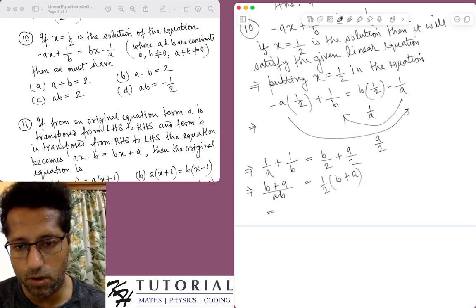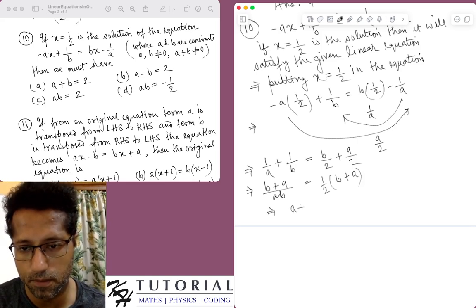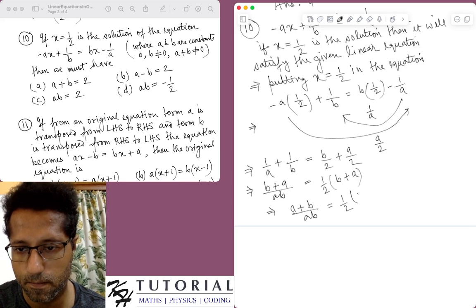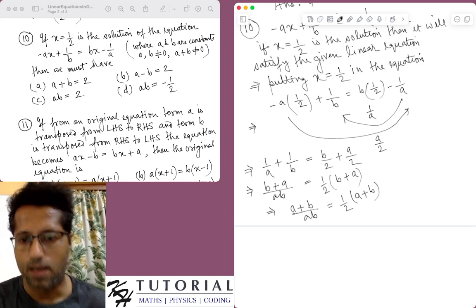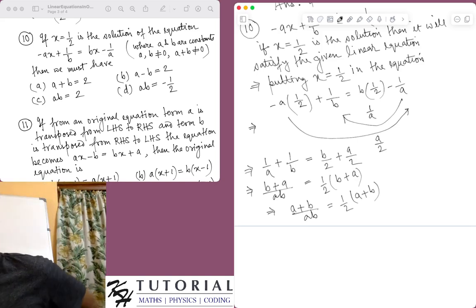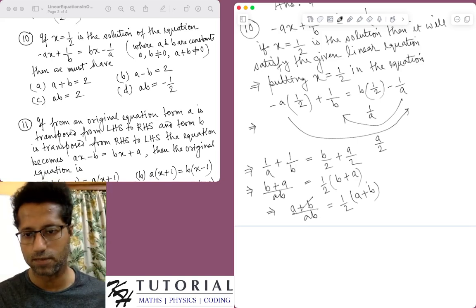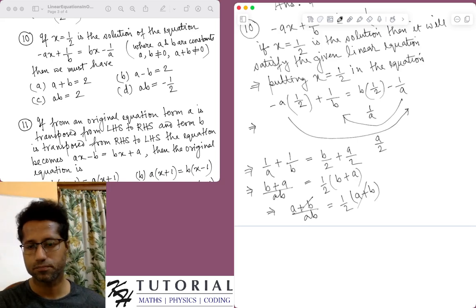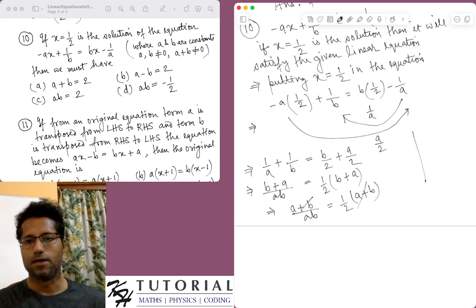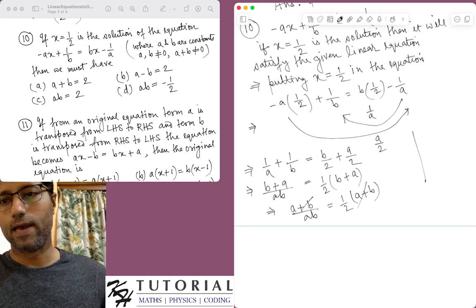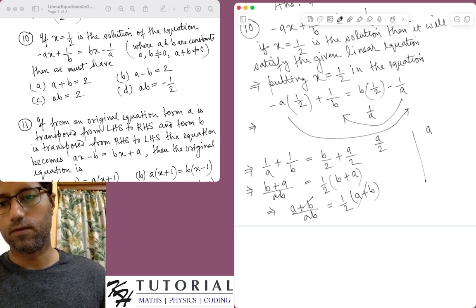Okay, so we got (a+b)/(ab) equals half of (a+b), and since a plus b is also given not equal to 0, I can always cancel a plus b from both sides. This is known as cancellation laws. You know that the cancellation law of numbers says that if a equals b, then you can always